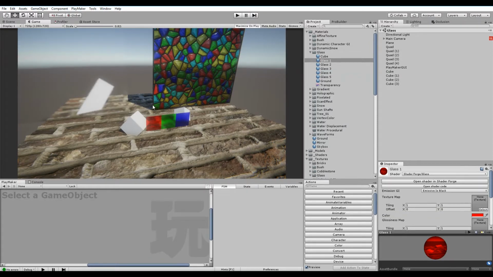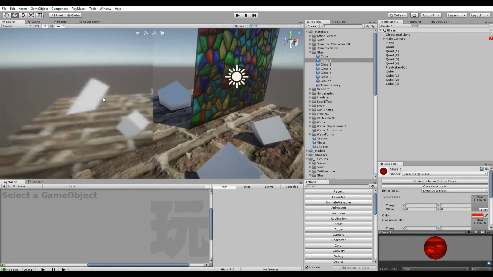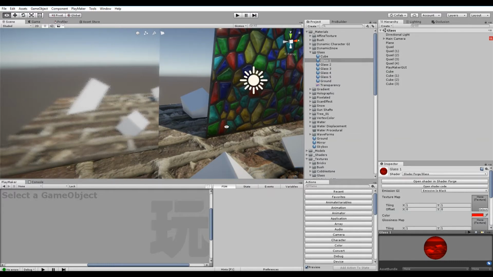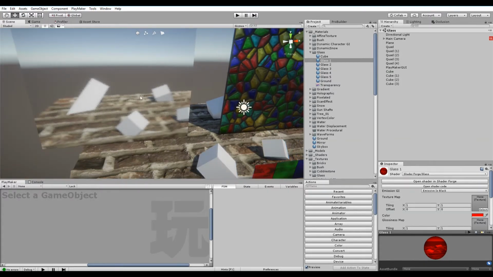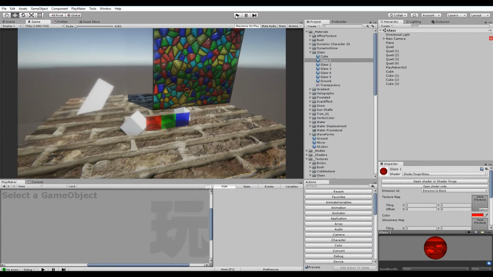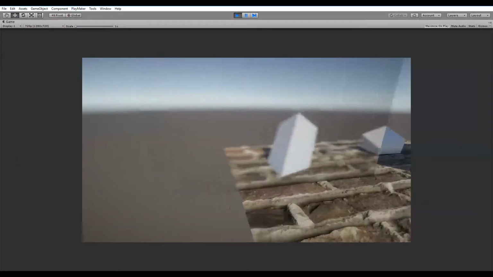I'm gonna show you today a little tutorial on how to make glass, sort of refracting glass with also a sort of blurriness to it. Don't worry about the thing not following the camera. That's because we're not using the standard one. We're making our own